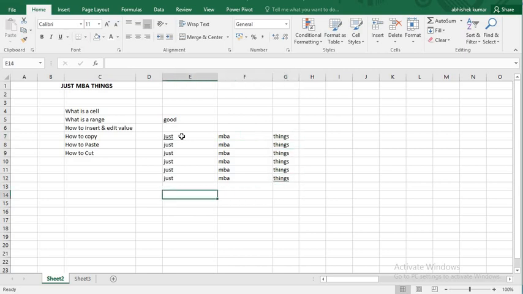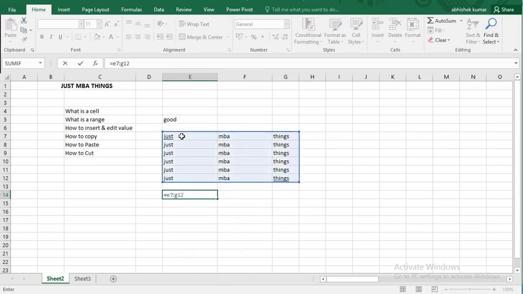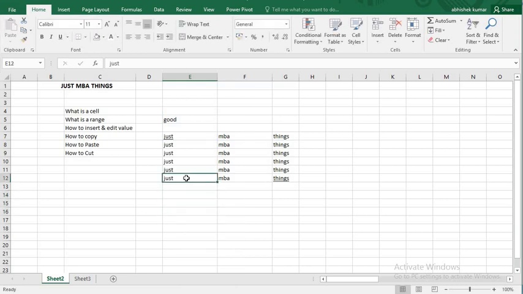So the reference address of this range will be the first cell, that is E7, to the last cell, that is G12. You can see the whole data gets selected, because we have written the correct reference address of this range. So this was all about range.